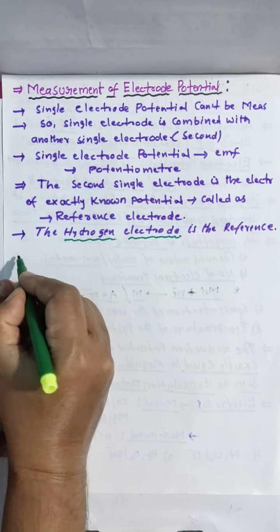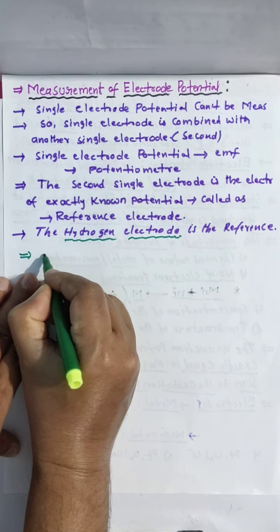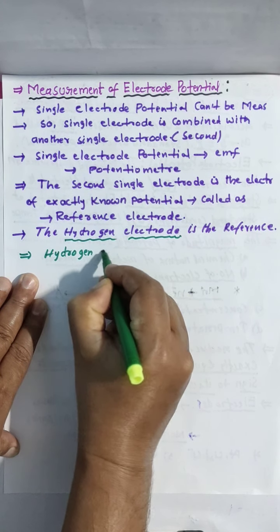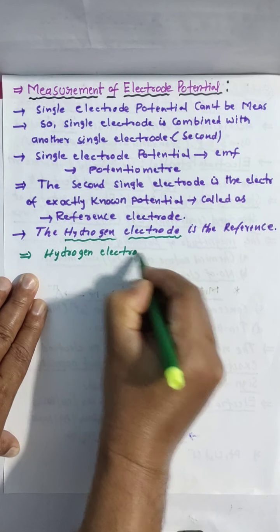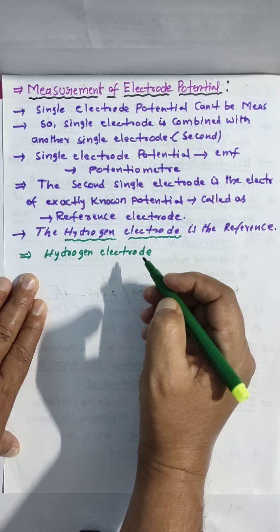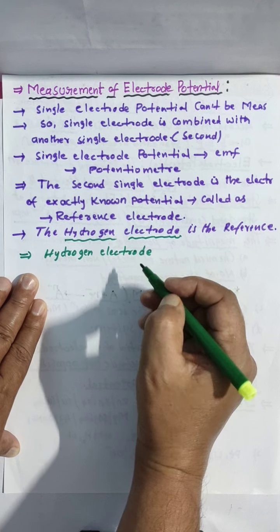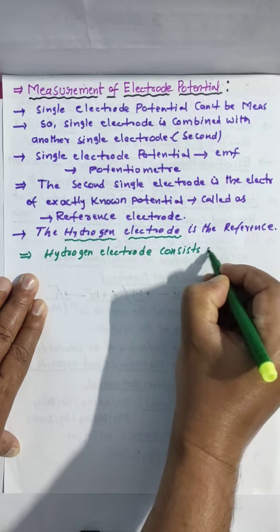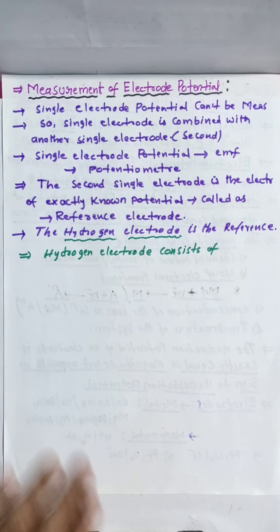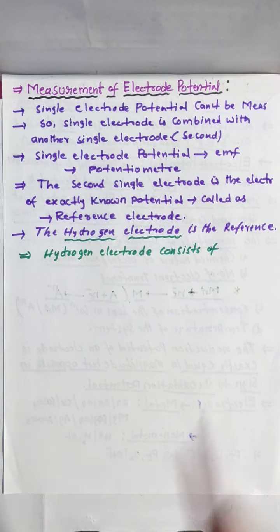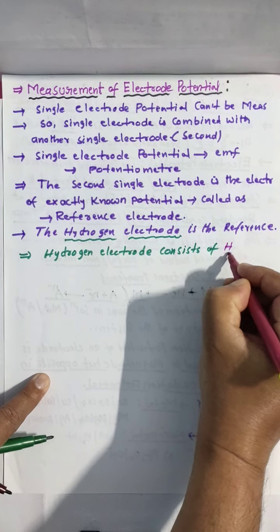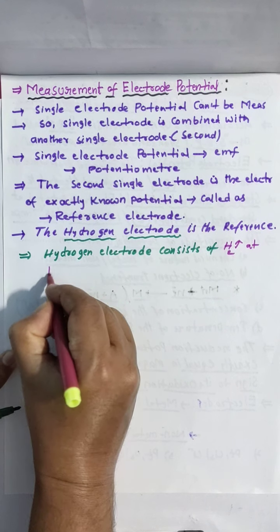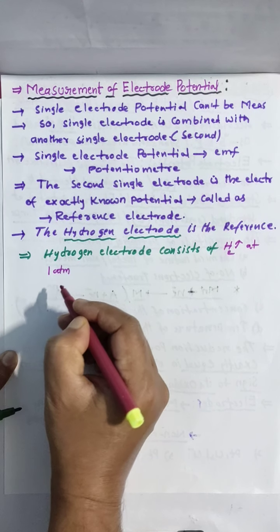This hydrogen electrode generally consists of hydrogen gas at 1 atm pressure